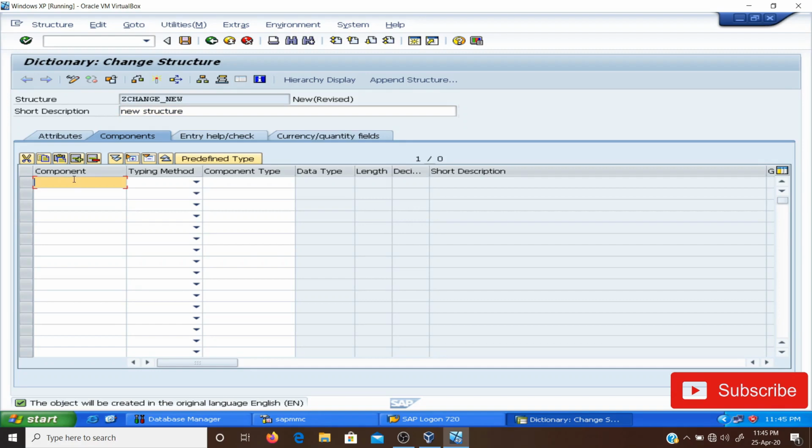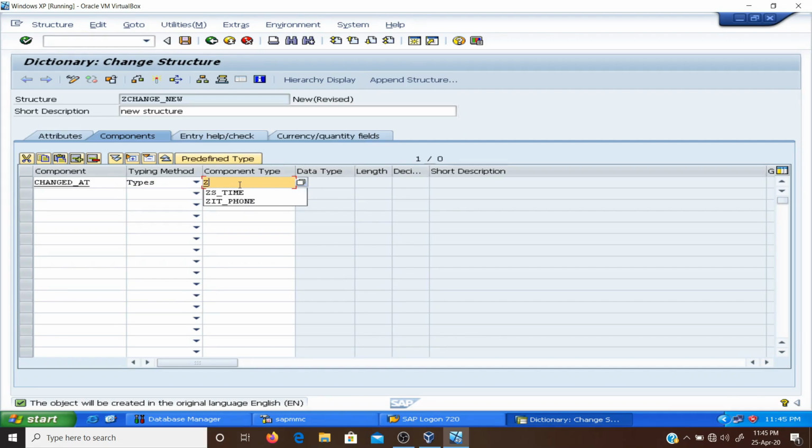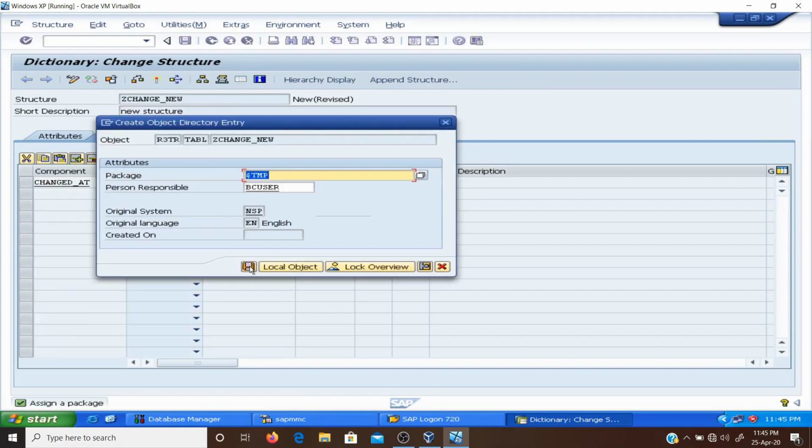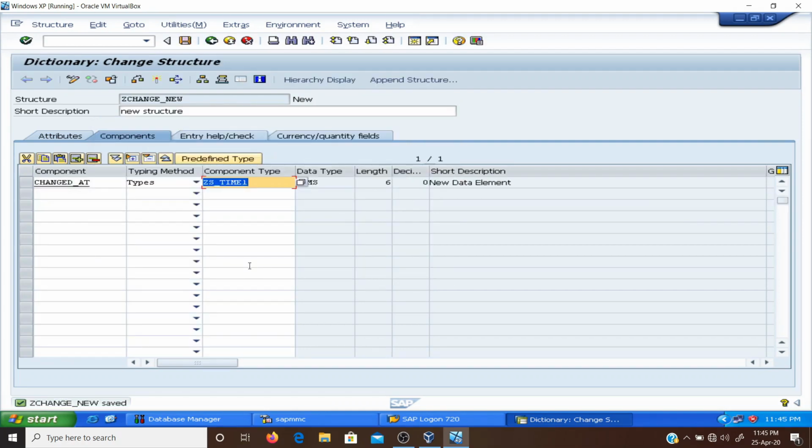We have created the component jet_s_time. So we can take here the component change_add, and the typing method is types. Now the component type will be the data element that we have recently created, named jet_s_time1. Click on the save button, select the package and click on save.